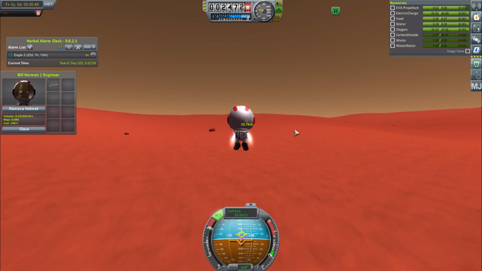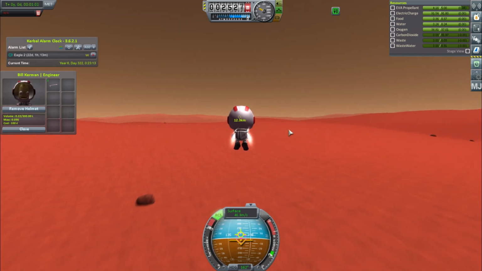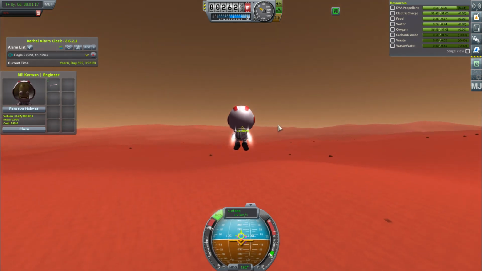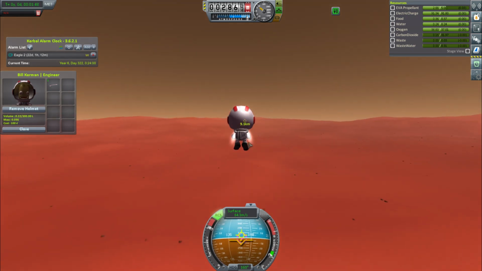We're sending out Bill Kerman with just a spanner, because he is an engineer, but he can't carry too much, because we're going to try and do most of the journey with an EVA pack. Which will hopefully get us most of the way, and then obviously we can just drive back, so that'll be pretty quick. So here we are on 4x time accelerator, just flying across the surface using the EVA pack,